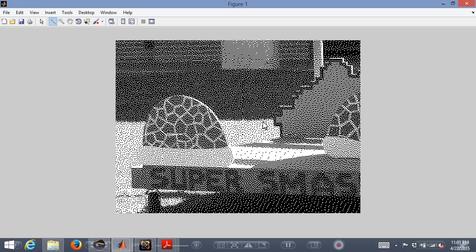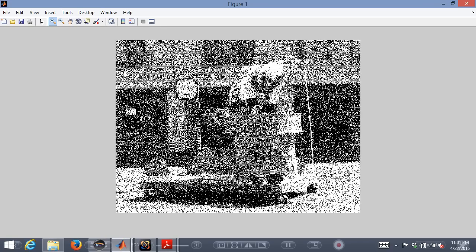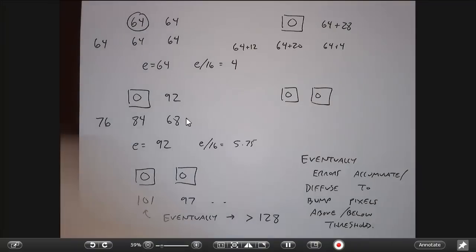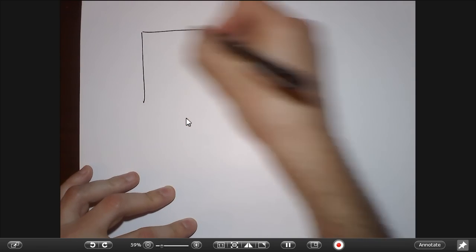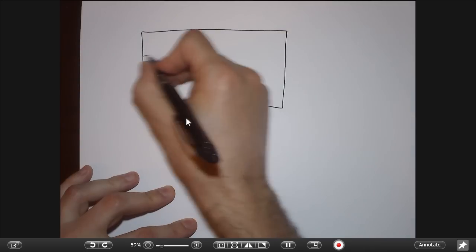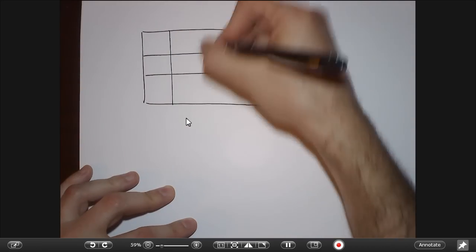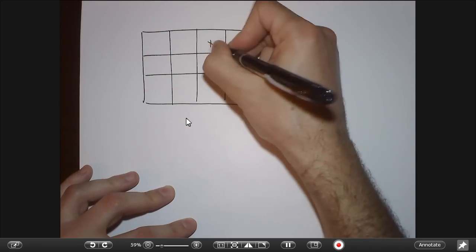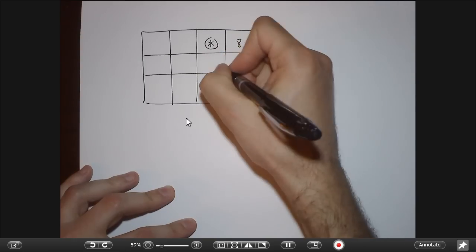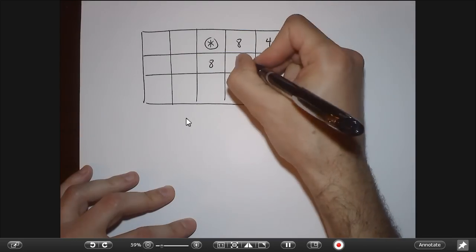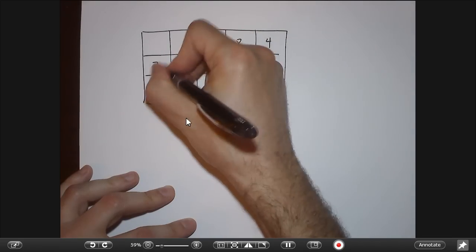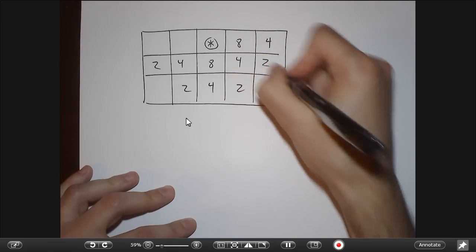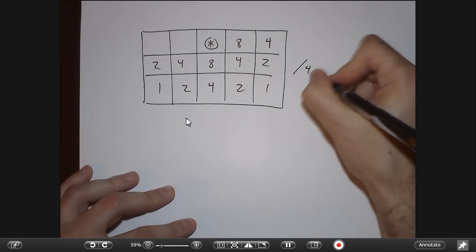And of course, you can do variations on this kind of Floyd-Steinberg dithering. Instead of using that smaller array, I could diffuse the error more broadly. So here's another possible array that uses 3 rows and 5 columns instead of 2 by 3. If this is the pixel that I'm working on, then I could say I'm going to diffuse lots of error here, smaller amounts of error here, and smaller amounts of error here and here. And then I divide this by 42 because that's what these numbers add up to. This is called the Stucki